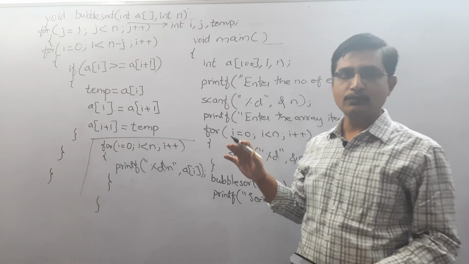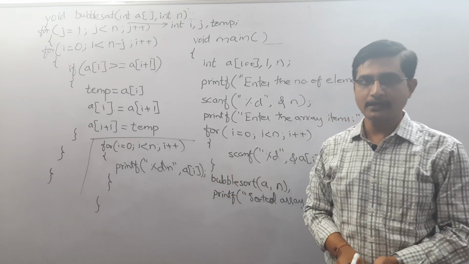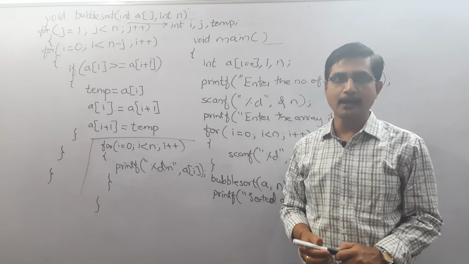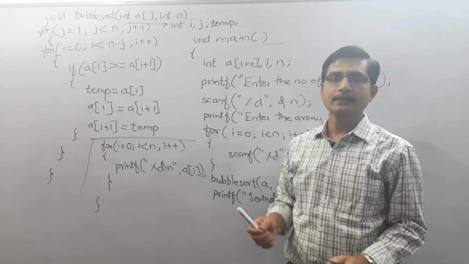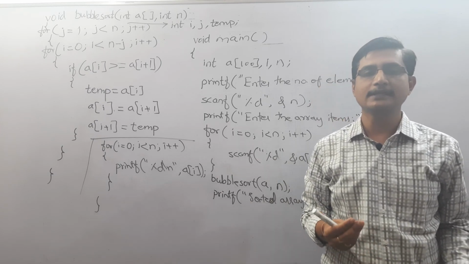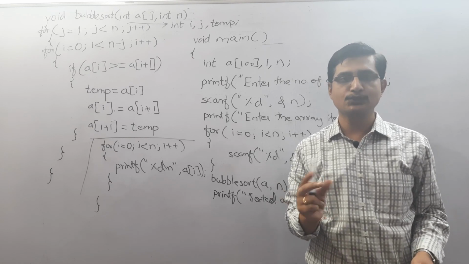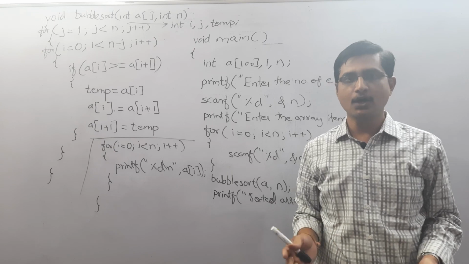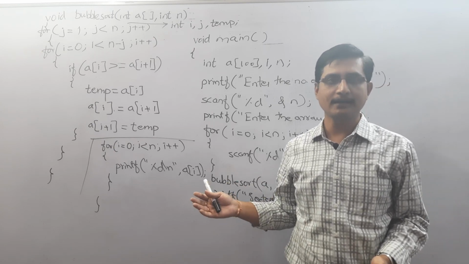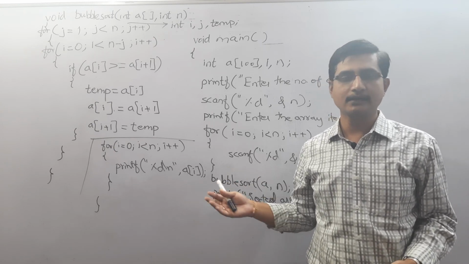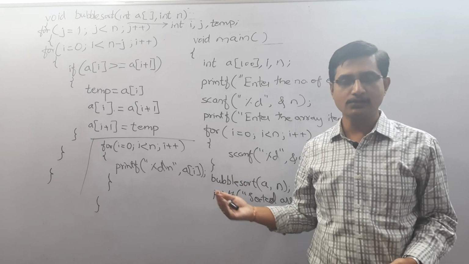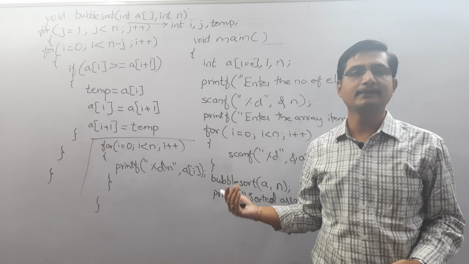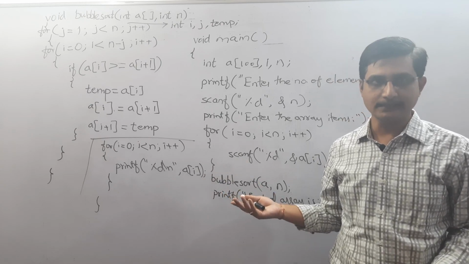The very important thing we have discussed here is what sorting is, first of all, and then how we can apply one of the operations, sorting, on arrays. A very simple method we have used, that is bubble sort, which will swap two elements if they are not in order. We have done this for increasing order. You can apply decreasing order also. If we reverse the process, then we will get the reverse order. That's it. Thank you.